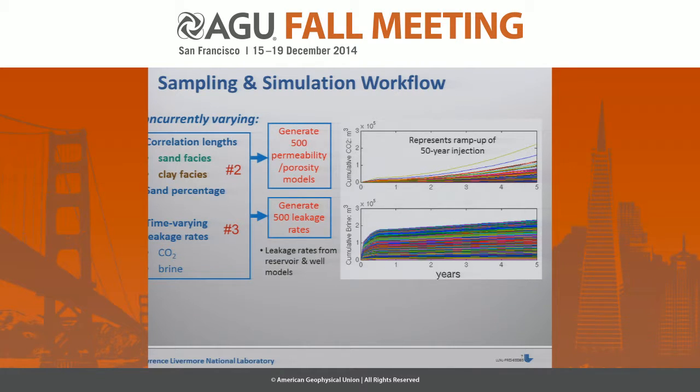It's important to note that since we were considering pressure data as a short-term diagnostic, we are only simulating 5 years, but these leakage rates are coming from simulations where the ramp-up time of leakage was 50 years,